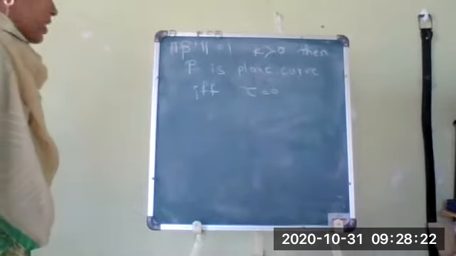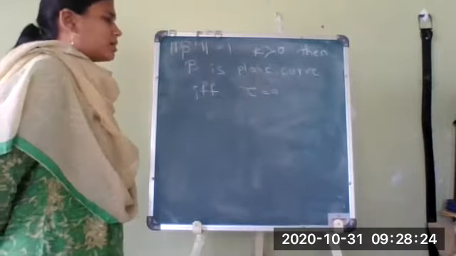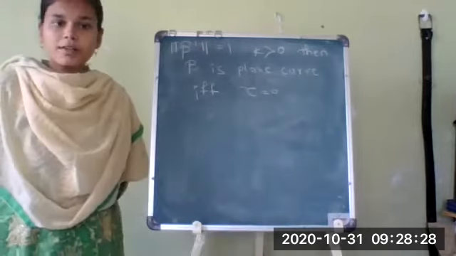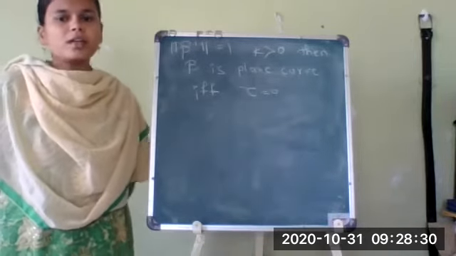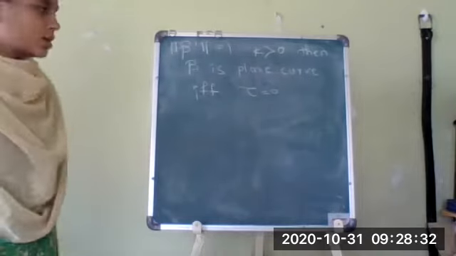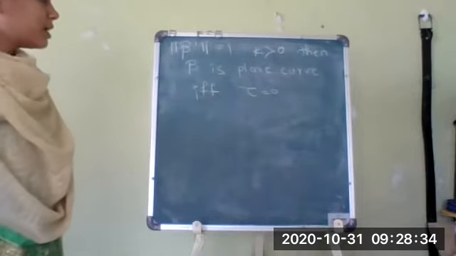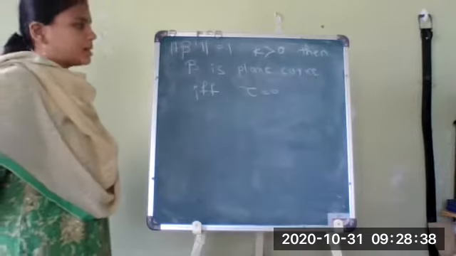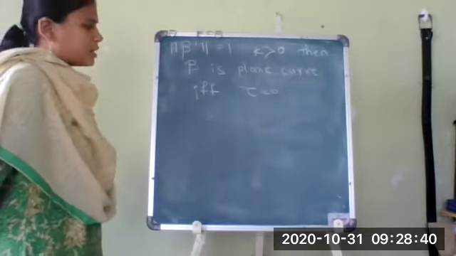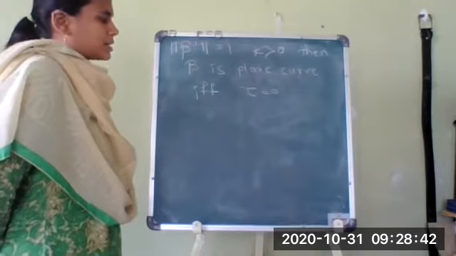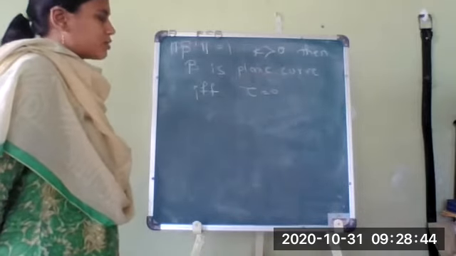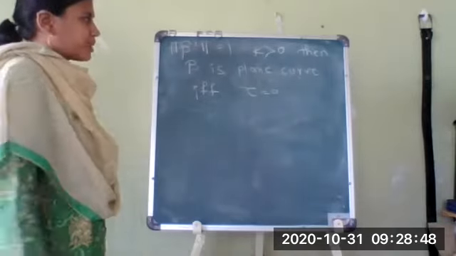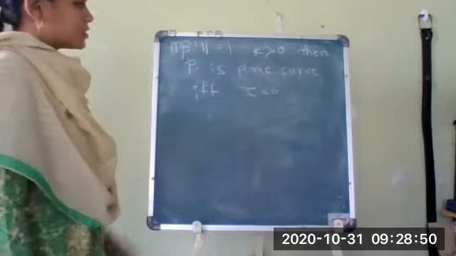Now when we have a question, what is a plane curve? The curve which lies in the plane is called a plane curve. If a curve is lying in the plane, it must satisfy the equation of a plane. As we have to prove this in an if and only if form, we have to prove it in two parts. First we assume that beta is a plane curve and prove that tau is equal to 0. In the next step we assume tau is equal to 0, then we prove that beta is a plane curve. Okay. So let us start with the first one.